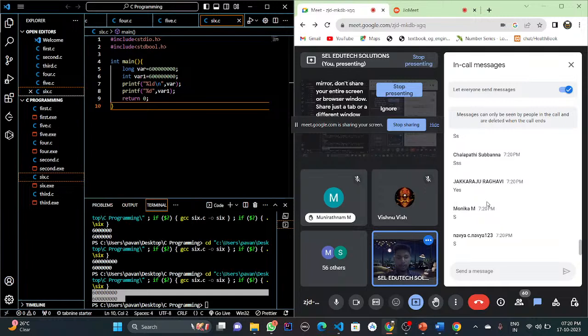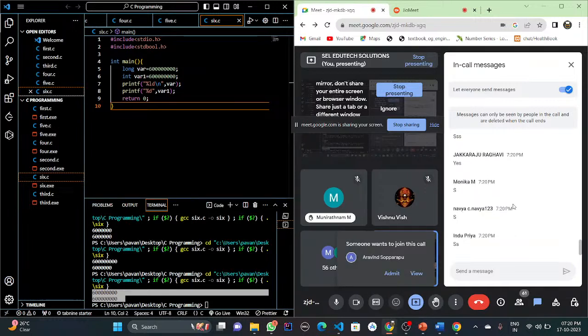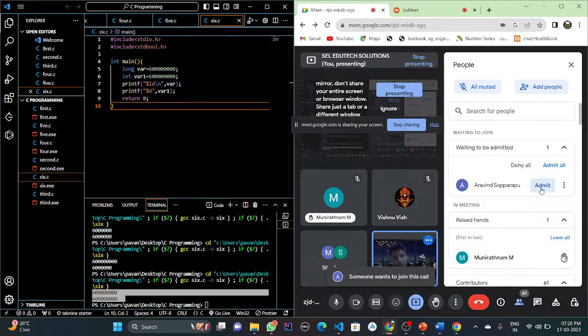So to print the long values, you try to use the L before the percent. For printing the long values, try to use the L. So this is optional. L is optional. If you don't use it also, it will come. So the values like a billion